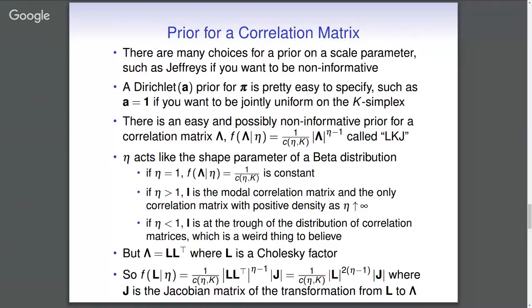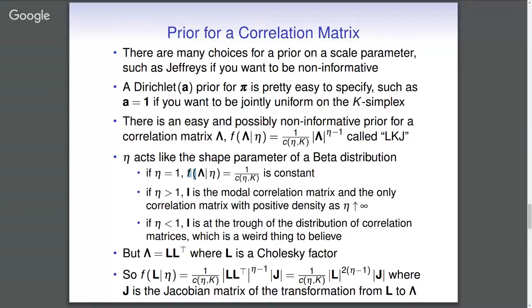So if eta is equal to 1, you're raising this determinant to the power of 0. Anything raised to the power of 0 is 1, in which case the PDF is constant over the space of positive definite correlation matrices of order k, which is the default, and what a lot of people just stick with because they really don't have any prior information about a correlation matrix. And even if they do, that information is probably wrong because it would contradict the positive definiteness requirement on correlation